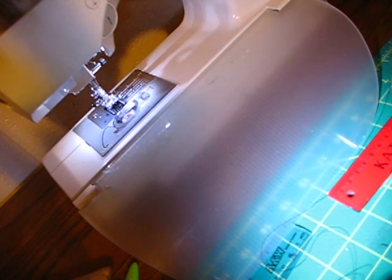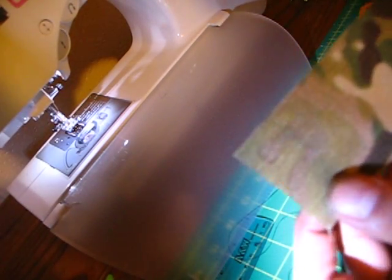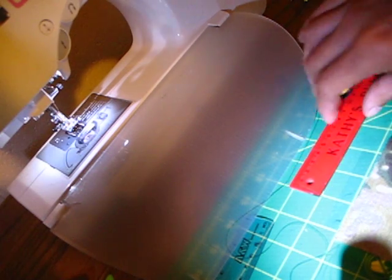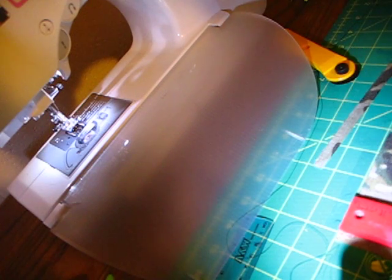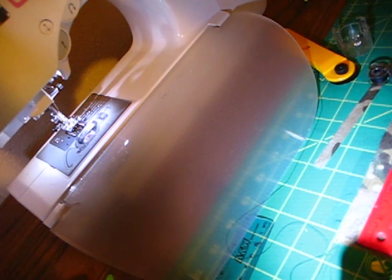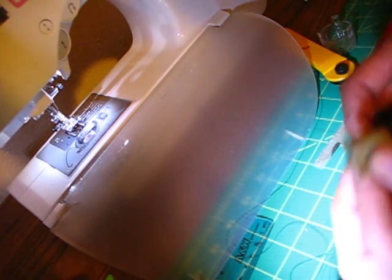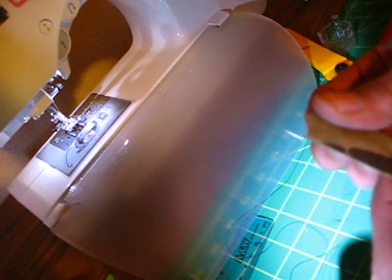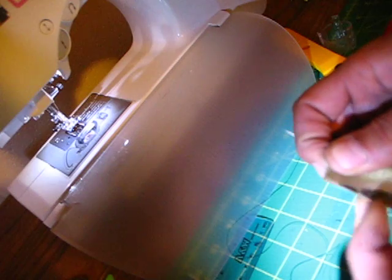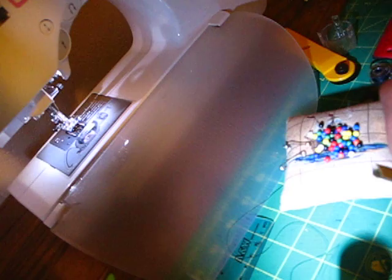Okay, so we have here a piece of multicam fabric. You want it to be 2 inches wide. This one I've already cut. It's 2 inches wide. Make it as long as you want to, longer the better. And all you want to do, since multicam is 1 inch, is just take this fabric, fold it over. If you want to, you can pin it. Take our pin here, just kind of pin,